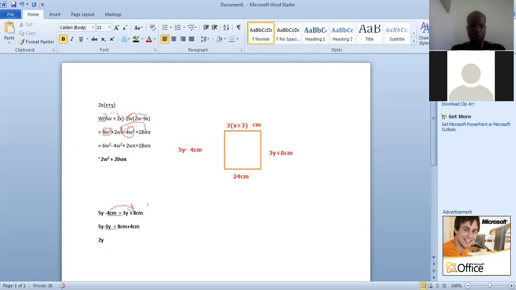So 2y is equal to 8 plus 4, which is 12 centimeters. Now, the value of 2y is 12 centimeters. What is the value of y? y is equal to 12 centimeters divided by 2. To remain with the y here, we divide by 2. So y is equal to